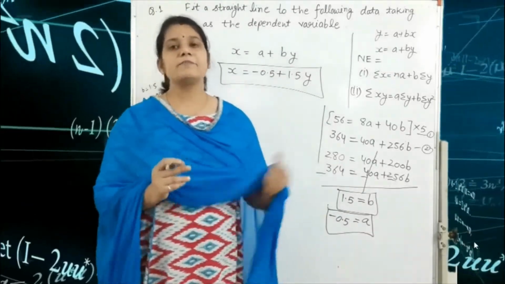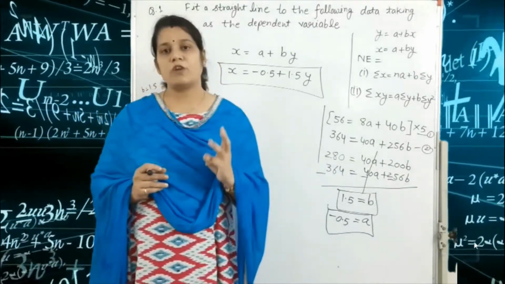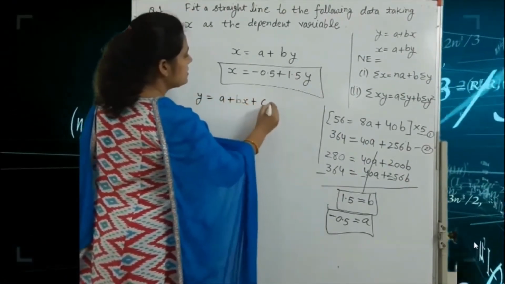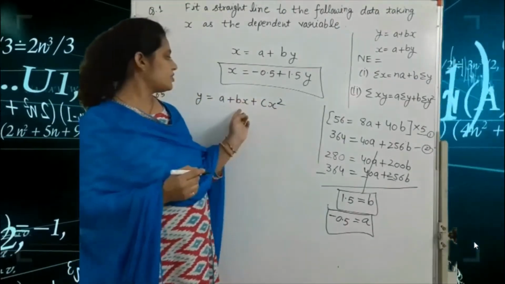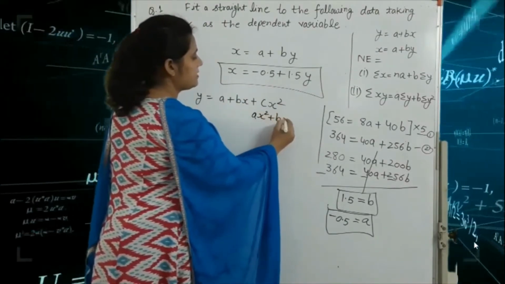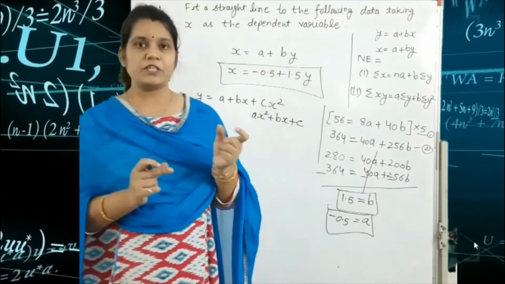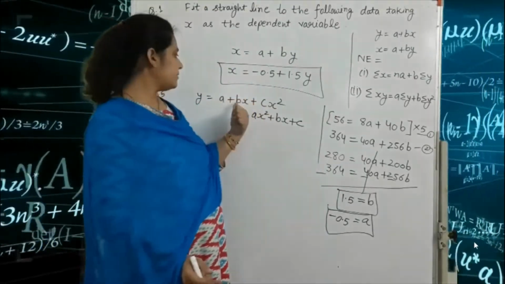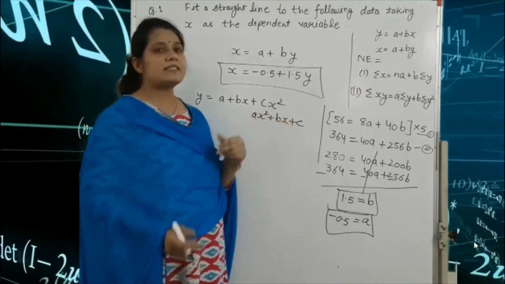So our next method is the quadratic equation. So we have three types of quadratic equation. The first one is y is equal to a plus bx plus cx square. Sometimes in GTU examination, this equation is written as ax square plus bx plus c. So both equations are same, only constants are interchanged. Okay, so don't be confused. We consider a plus bx plus cx square, and if you remember this type of equation, convert this equation into c plus bx plus ax square.